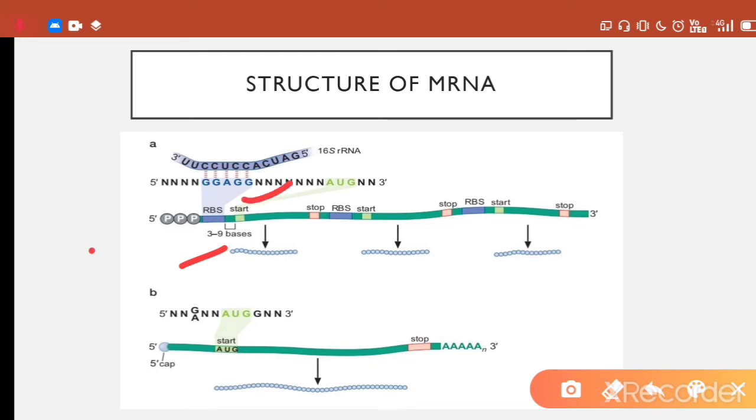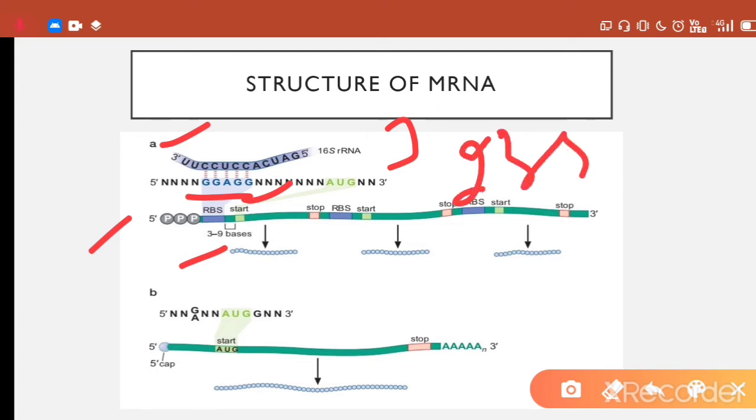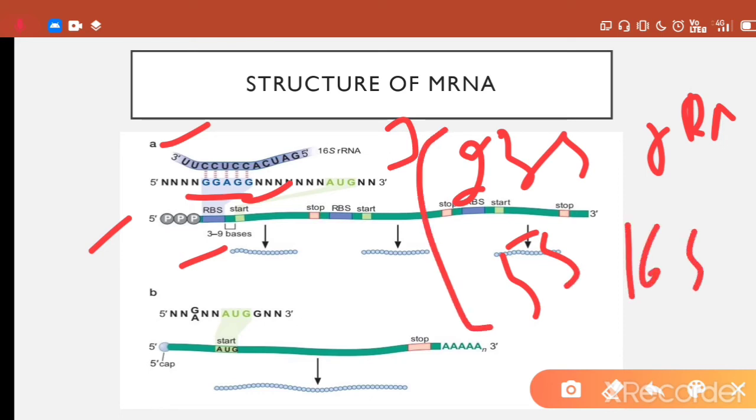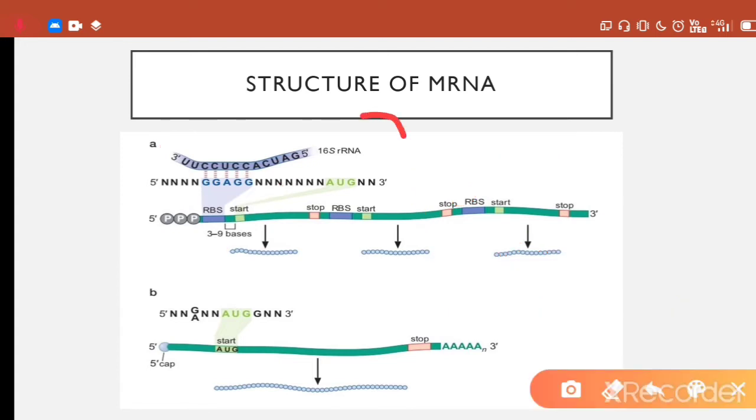And this ribosomal binding site consists of a sequence shown in green, GGAGG. It is complementary to the 3' end of the 16S ribosomal RNA. As we know, in bacteria three types of rRNA are present: 23S rRNA, 5S rRNA, and 16S rRNA. 23S and 5S rRNA form the components of the large subunit of the ribosome, and 16S rRNA in prokaryotes forms the component of the small subunit. So this 16S rRNA present in the small subunit of the ribosome